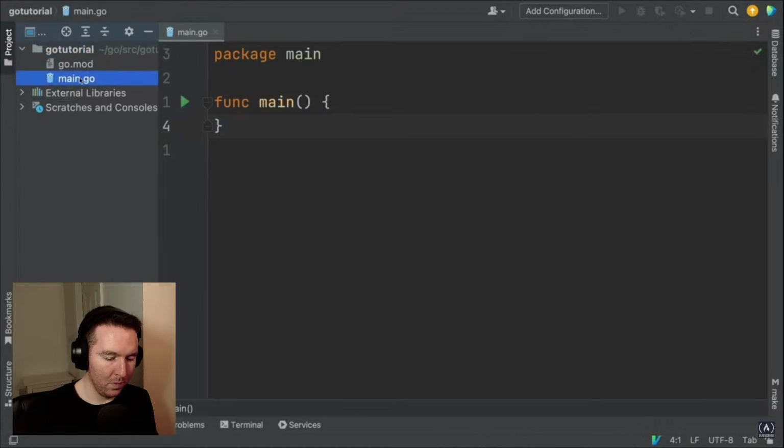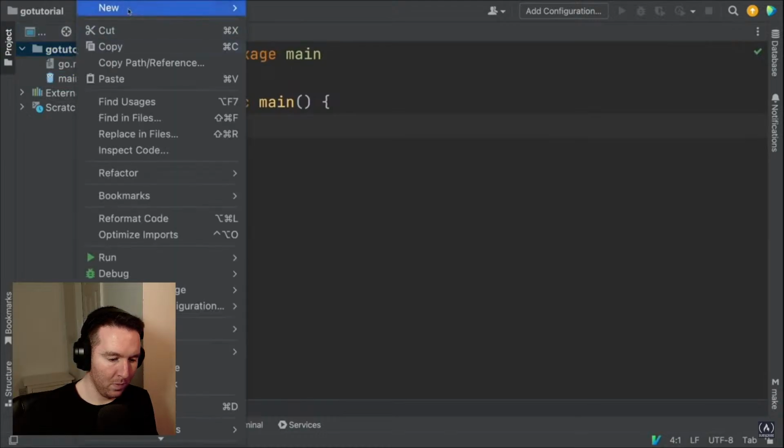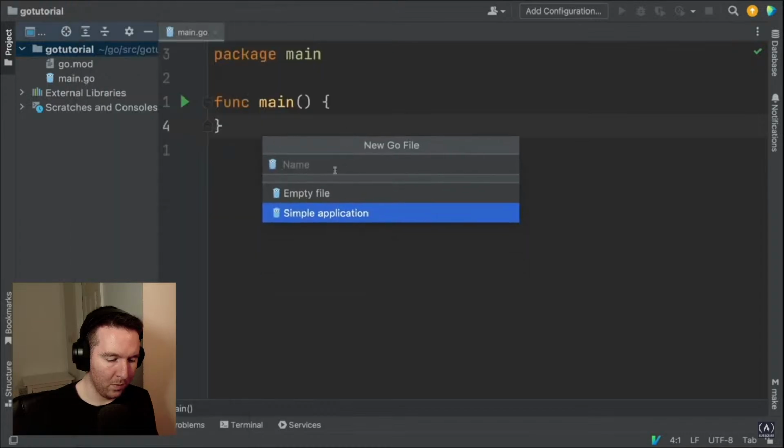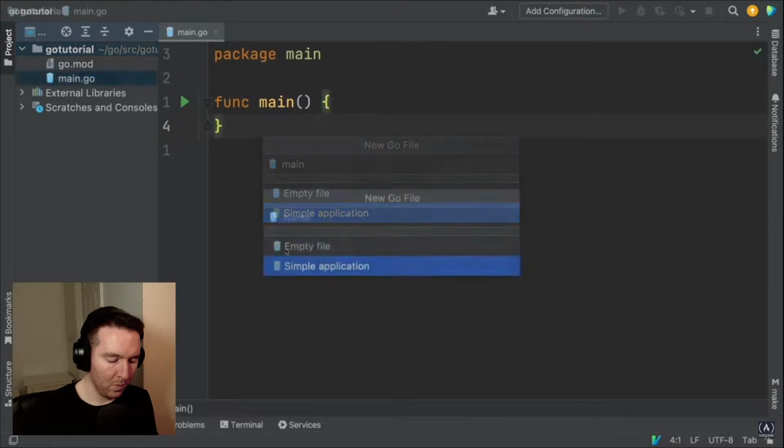And if you haven't created that file, you can just right click on the Go tutorial folder and then go to new and then hit Go file. And here, you're just going to name the file main, and I'm pretty sure it should automatically add the file extension .go. And remember, you want to select simple application when you create the file,